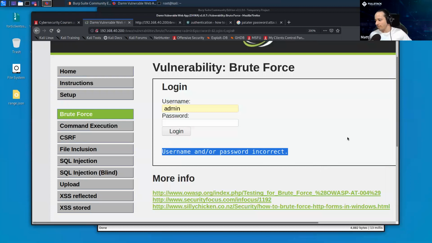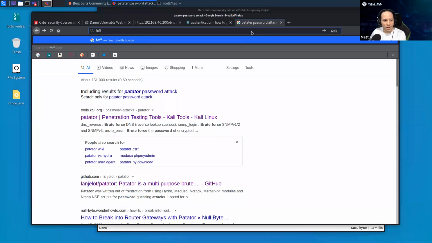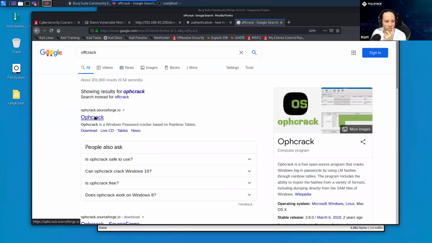100%. All right. Just out of curiosity, what's your opinion on the tool Offcrack? Offcrack, I'm not super familiar with it. Okay, never mind, I'll look into it. Oh, Offcrack, like this, a password cracker based on Windows, based on rainbow tables.